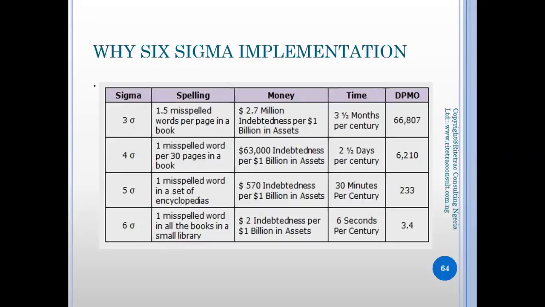DPMO is defect per million opportunity. Then at 5 Sigma, you see 233, as against 6 Sigma that you have just 3.4 defects per million opportunity. This is why we want almost every organization to get to the level of 6 Sigma and above. And that's the essence of this